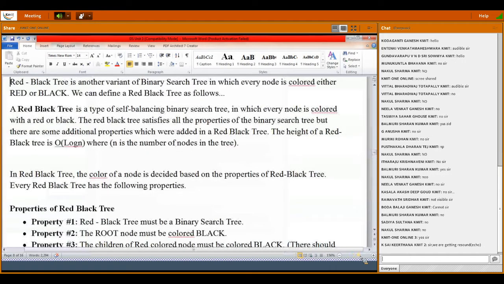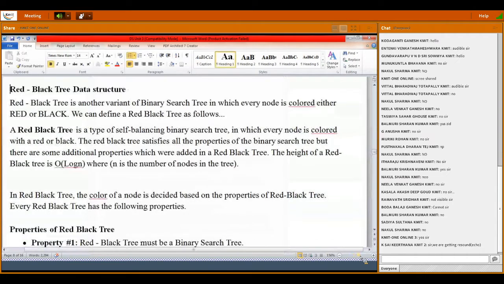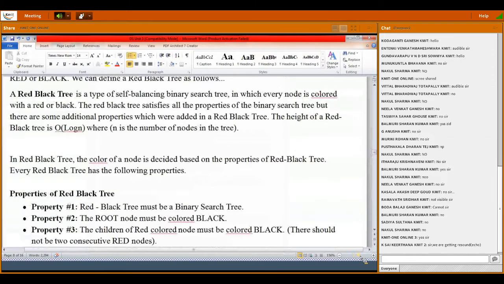The very important one is that the height of the red black tree is order of log n, where n is the number of nodes in the tree. In a red black tree, the color of the node is decided based on the properties of the red black tree. So every red black tree has to satisfy the following properties. These properties are very important. There are 6 properties.